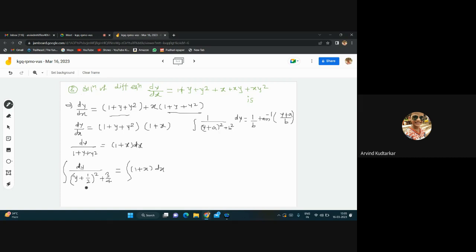तो ये कौन से फॉर्म में होता है? इसी फॉर्म में. y plus a whole square plus b square मतलब आप कैसे लिखोगे? root of 3/2 whole square is there. So their solution will be, काय असणार आहे solution सांगा? So what is solution of their integral? There will be 1 by b. 1 by b मतलब क्या मिलेगा रे? 1 upon b. b का मीनिंग क्या होता है? 1 upon root of 3/2. 1 upon root of 3/2 into tan inverse of